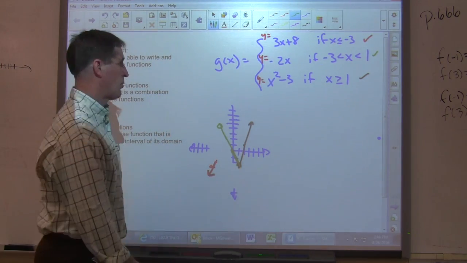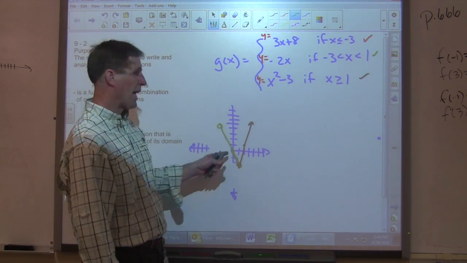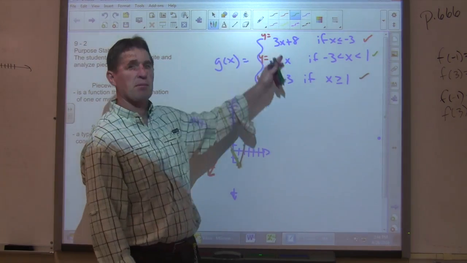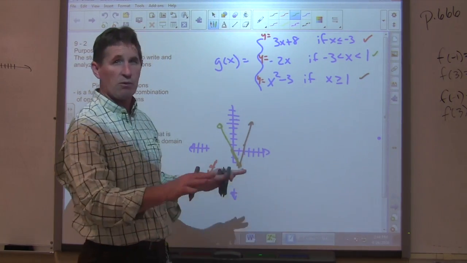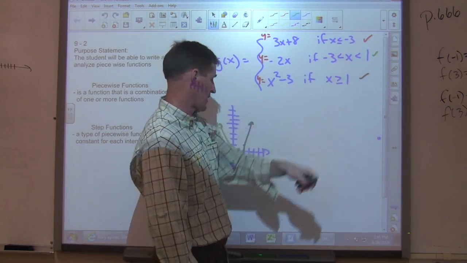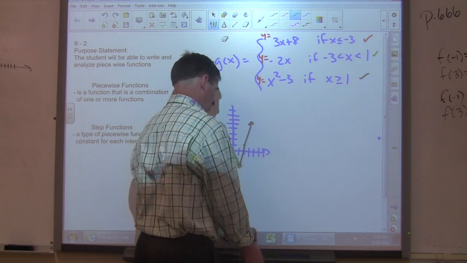I would only need that portion. So this is one way to do the graph. You just graph them completely and then erase the parts that are outside of the limitations of x. Now, the way I would do it